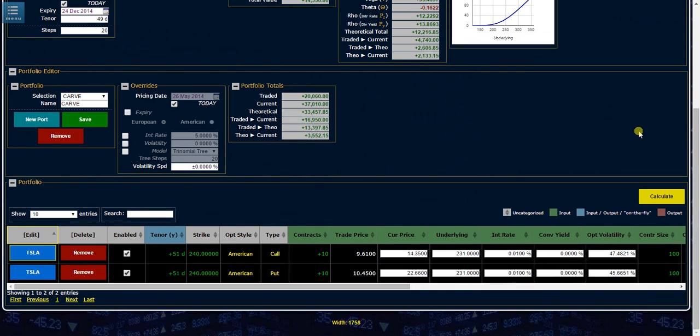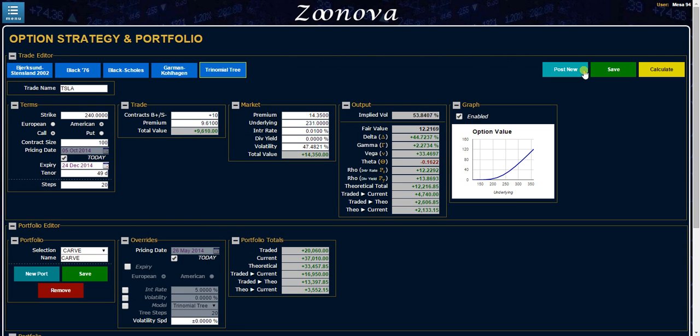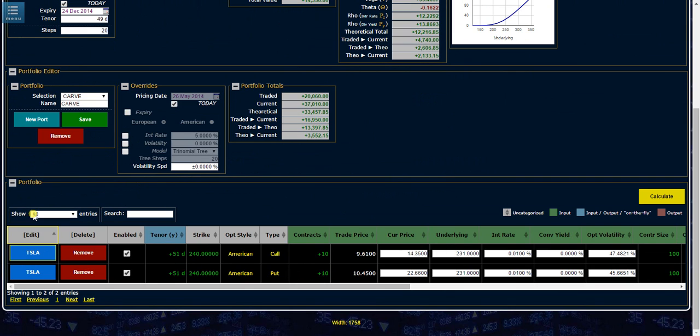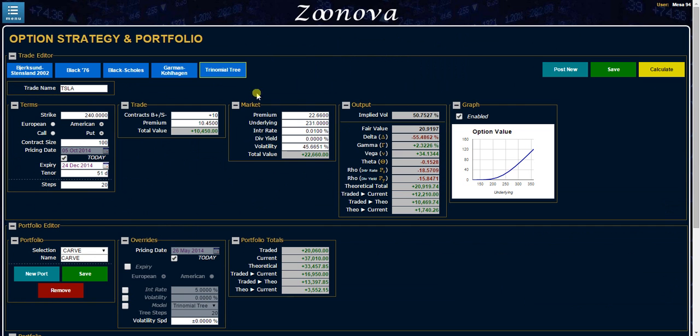Okay, the portfolio editor down below allows you to set up different portfolios, and it's setting up portfolios the same way you do in the other modules. Simply selecting, creating a new portfolio, or looking at existing portfolios. You can post either new trades to an existing portfolio, or if you'd like, you can come down to the portfolio trade grid, and you can just highlight a trade, and by highlighting it, it will load up that trade into the trade editor, where you can modify, do whatever you want to it, and then hitting the save button will save it back down